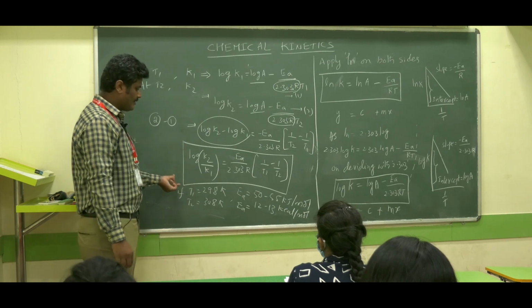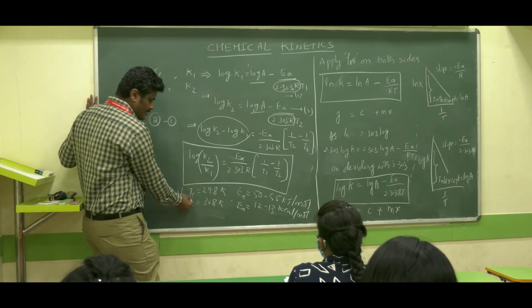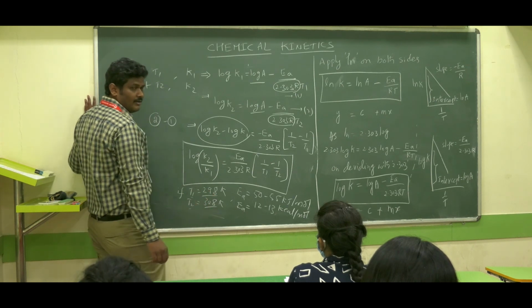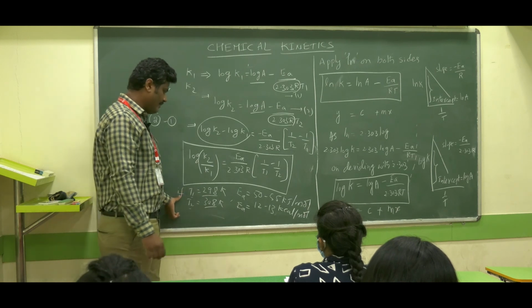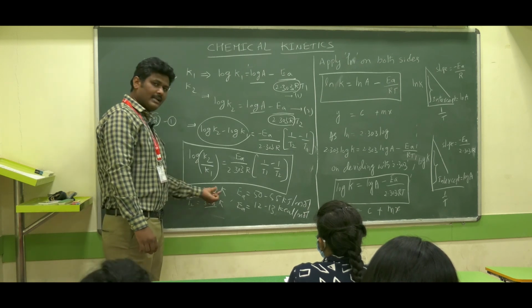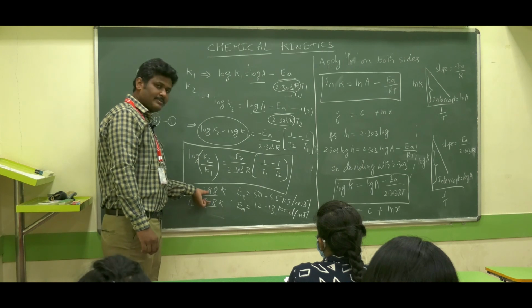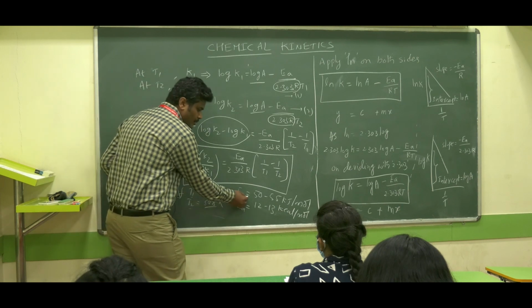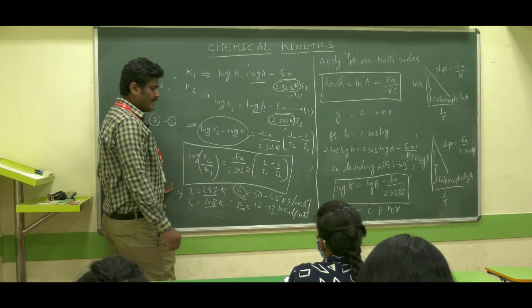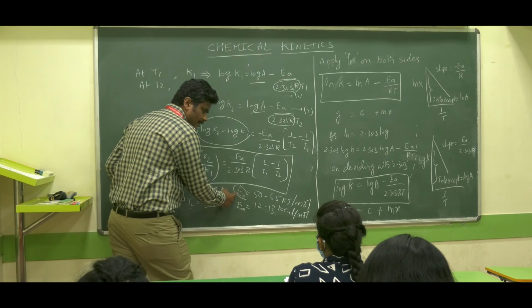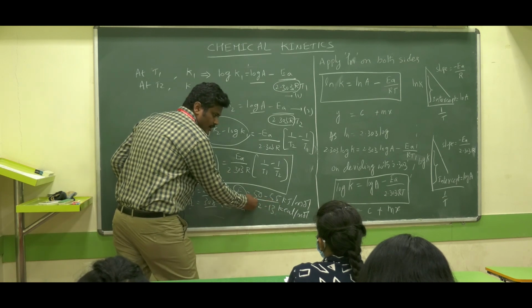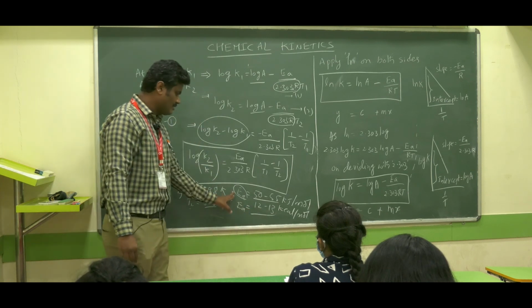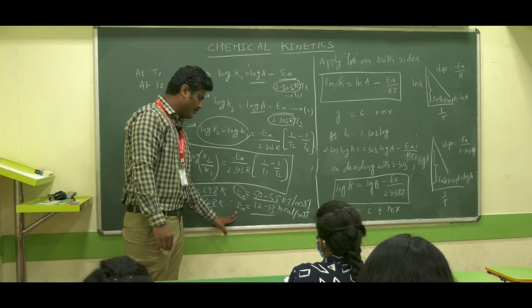But here we have a short trick to remember. Whenever the temperature difference is 10 Kelvin, like 298 and 308, or 300 and 310 Kelvin, the difference must be only 10 Kelvin. When temperatures are like this and you are asked to calculate activation energy, it directly falls in between 50 to 55 kilojoule per mole, or 12 to 13 kilocalories per mole. This question has been asked many times in previous years, so you need to remember this directly.